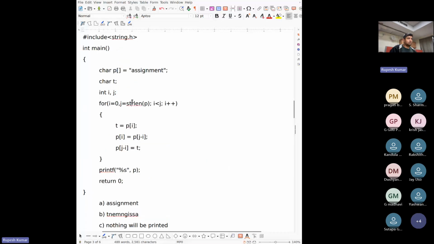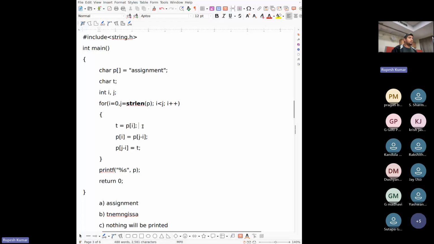Fine everyone. So strlen basically returns the length of a string, the number of characters in a string. And then while i is less than j, increment i plus plus, run the loop. Fine. So initially t equals p at i.